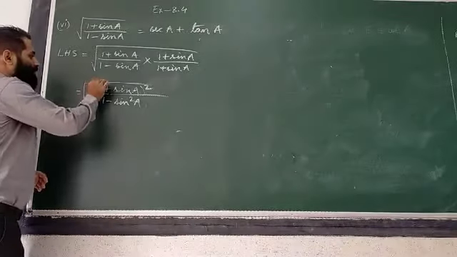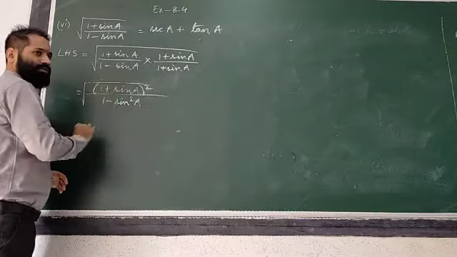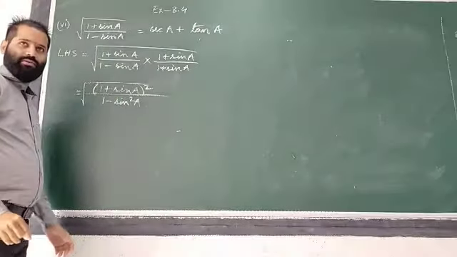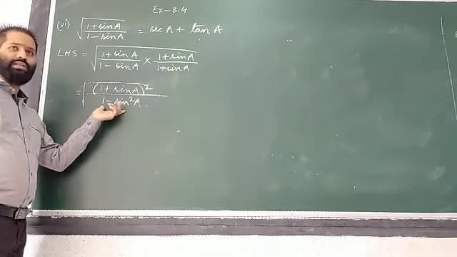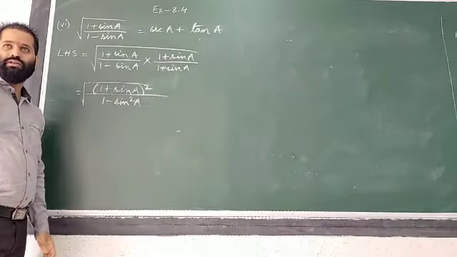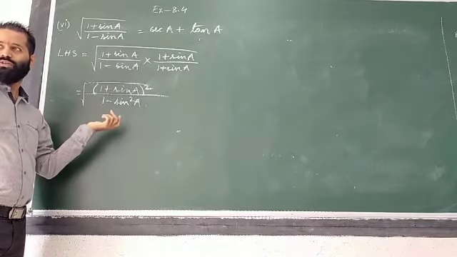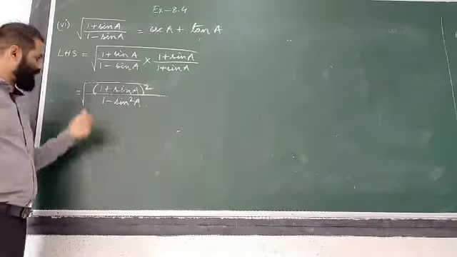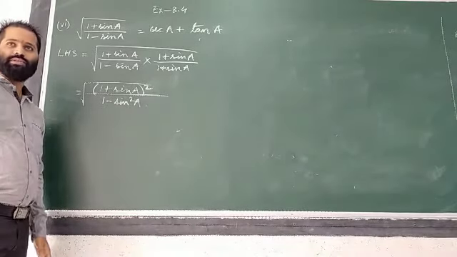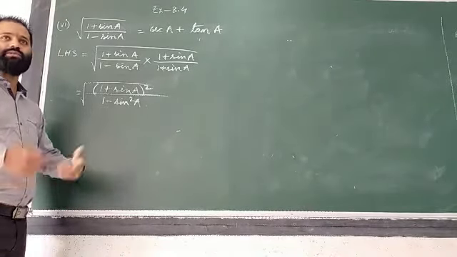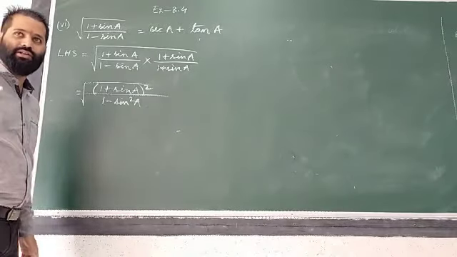You can see that in the numerator you are having a square. Directly one number can be taken out. And this is 1 minus sin square, that can be written as cos square. So in the numerator you are having a square, in the denominator you are having a square, so the root will be eliminated. That means the root will be removed. Understood or not? Is it clear or not?